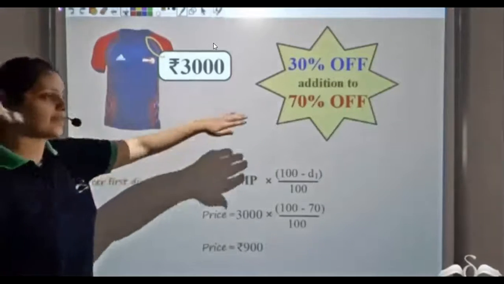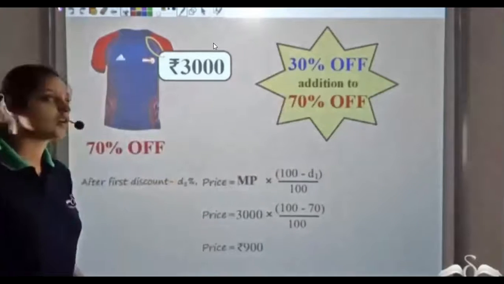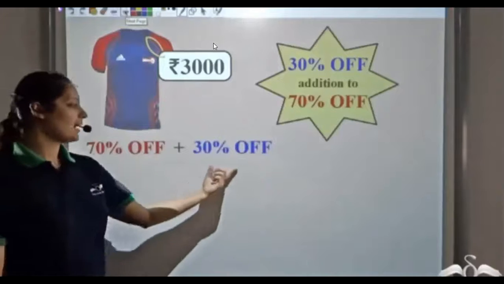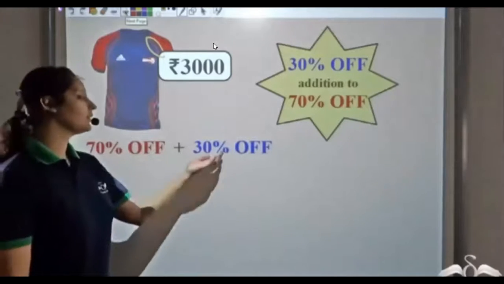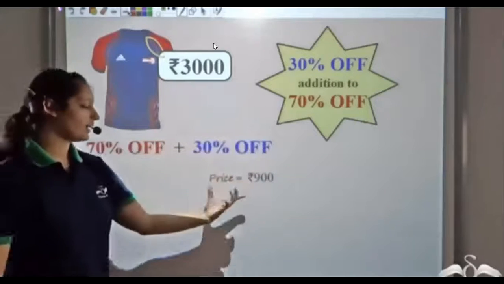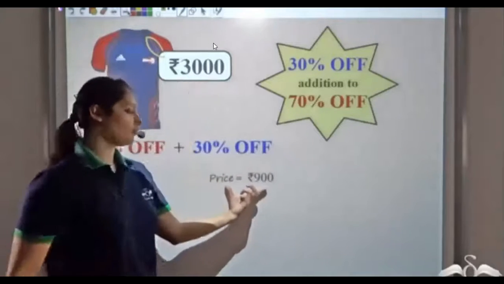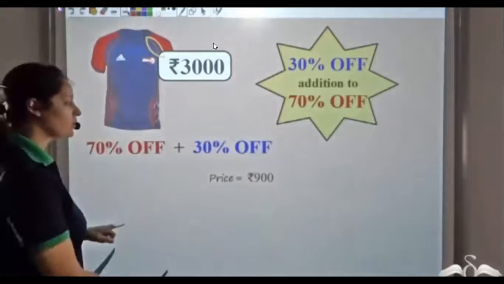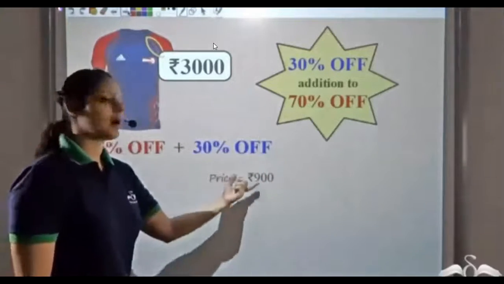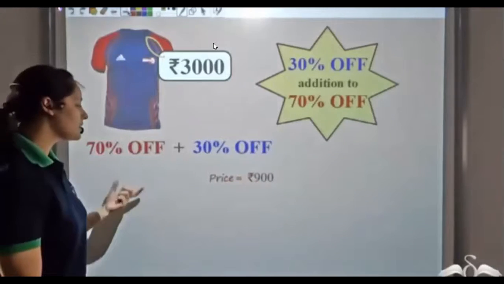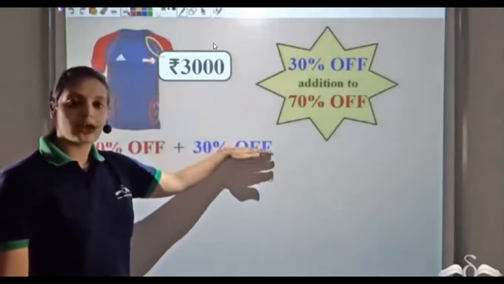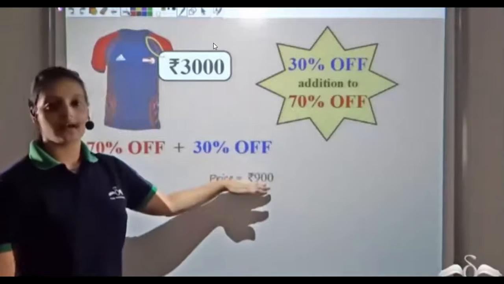So this 30% off in addition to 70% does not mean 100% off. It means that you would get a 70% off first. So this becomes your price now. My price now is 900 rupees, and in addition to 70%, I get a 30% off. So just for 70% off, I get this t-shirt for a price of 900 rupees. But now there's an additional 30% off. Now this discount is given on this discounted price already. So you found the discounted price after 70%, which is 900. Now the second discount which you're getting is on this discounted price.